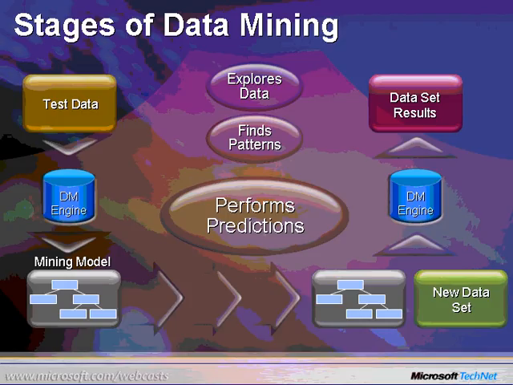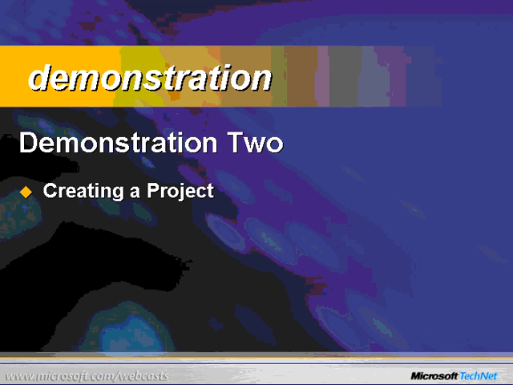Once the patterns are discovered and the ideal model is built, you can then perform the predictions. The final stage uses the model selection and applies it to the new data. With the new data, you can then generate predictions or estimates of the expected outcome. Examples of performing predictions would be the likelihood of buying a bike or ordering products over the internet or meeting organizational sales needs. So enough of the slides there. Let's get back to our demonstration.